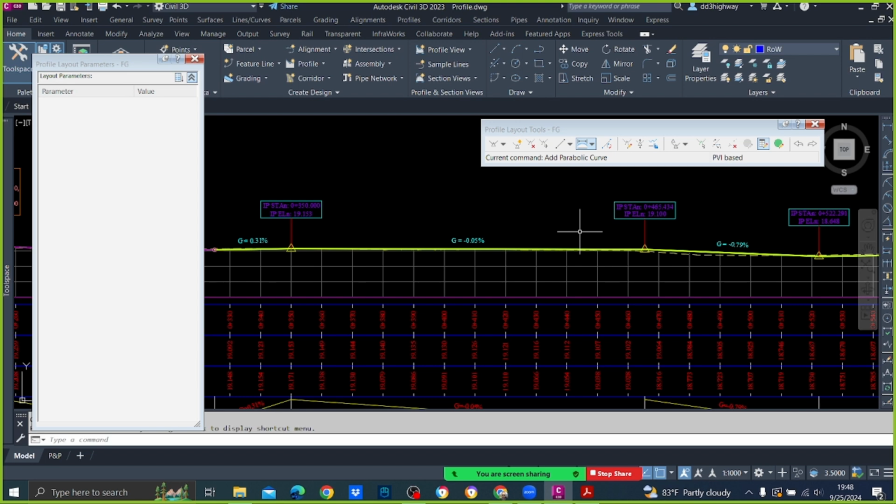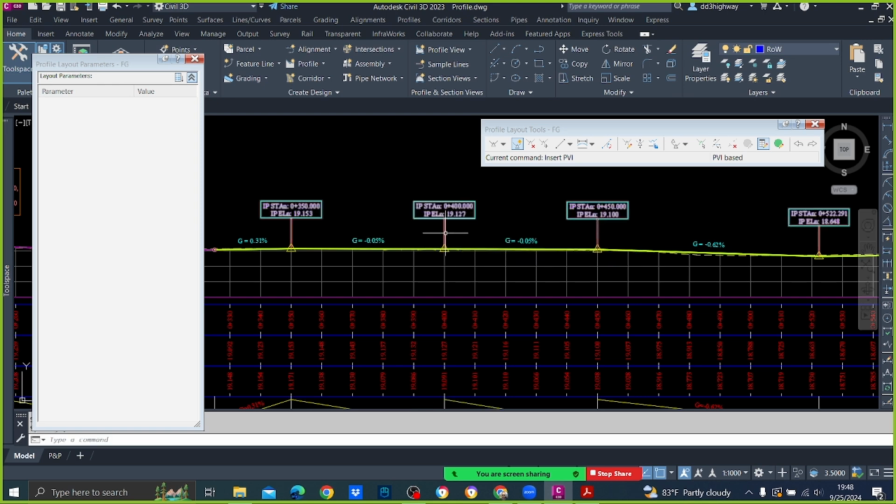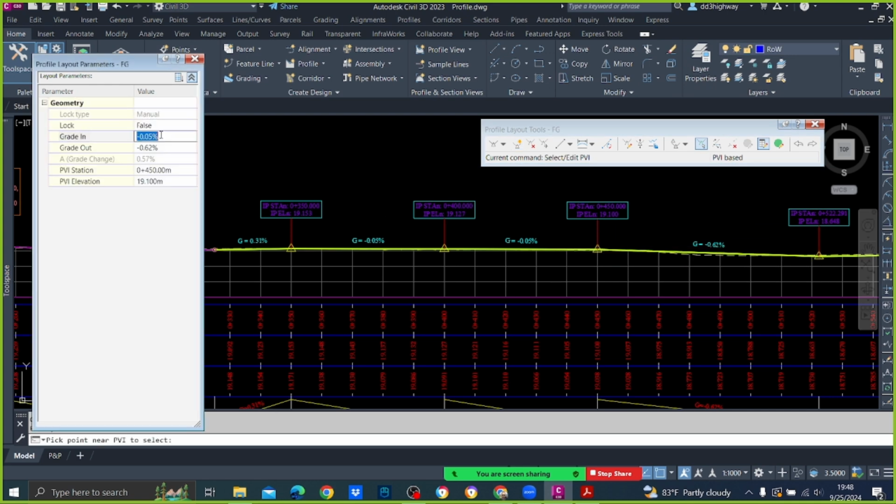We'll bring this to 450, 450, right? Then here at the middle we'll have another IP, and what I'll do is I'll make this gradient into 0.3,